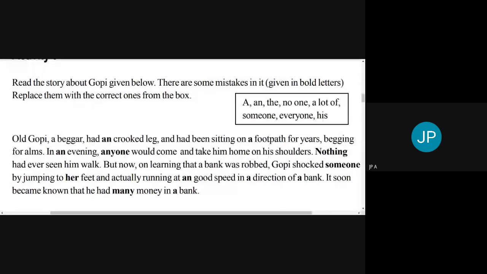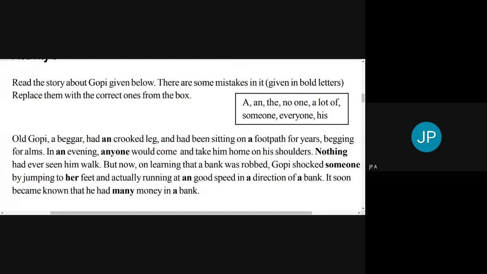No one had ever seen him walk. So the negative determiner of person, not thing. Very nice. The negative determiner of person is nobody or no one. Okay, no one is there in the list. No one had ever seen him walk. But now, on learning that a bank was robbed, Gopi shocked someone